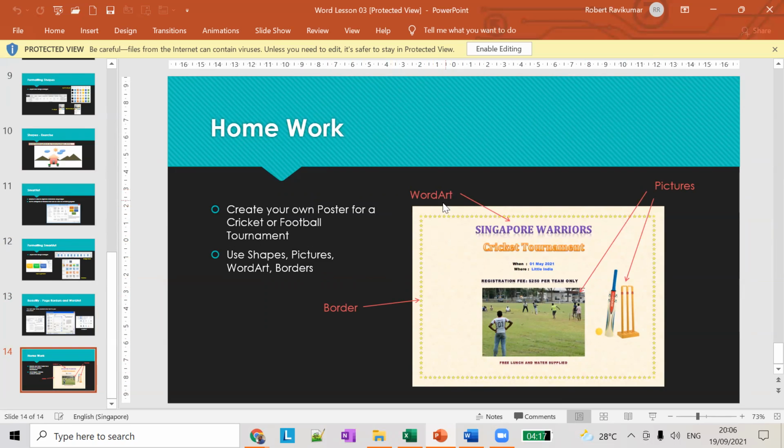You have to add word art, some cricket tournament. Add a picture of the cricket thing, and you have to add another picture like this, and type something like this, and send it. You have to do this homework. Okay, so this is the homework for you guys this week. So as usual, I'll